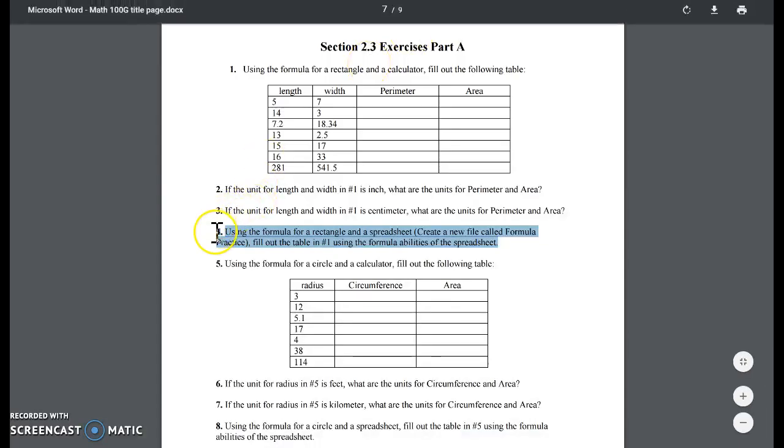So I go to that assignment. Problem number 4 says use the formula for a rectangle and a spreadsheet. Use the formula for a rectangle and using a spreadsheet, not the formula for a spreadsheet. Create a new file called Formula Practice. Fill out the table in number 1 using the formula abilities of the spreadsheet. Okay, so